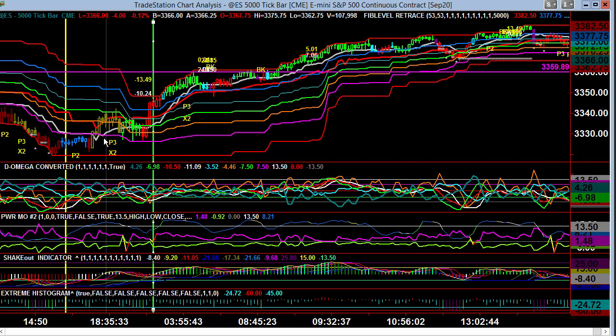Now, from a 5K standpoint, we were in this slight lull down, and we ended up with this Power Mo 2 cross along with the orange dip, and we broke above the negative 13.5. That was the initial carry for a positive move, and we got the green indications right there. When we did get weakness, though, you can see the Power Mo crossed. We had that increase in the